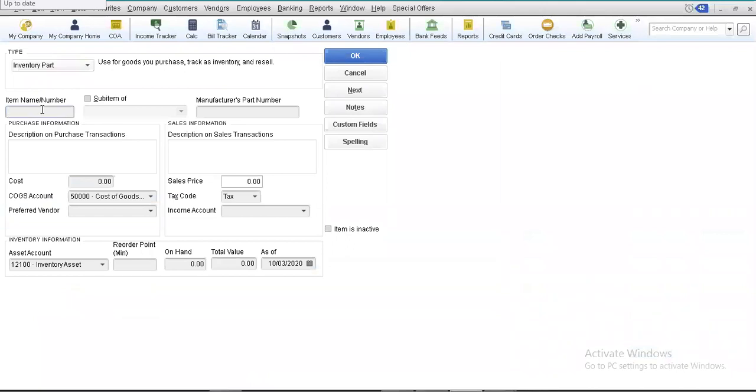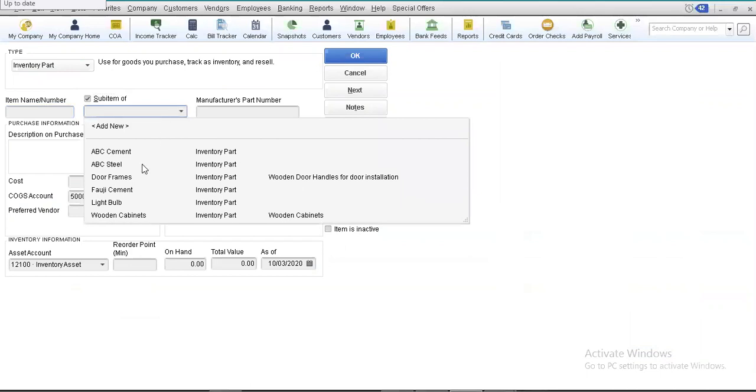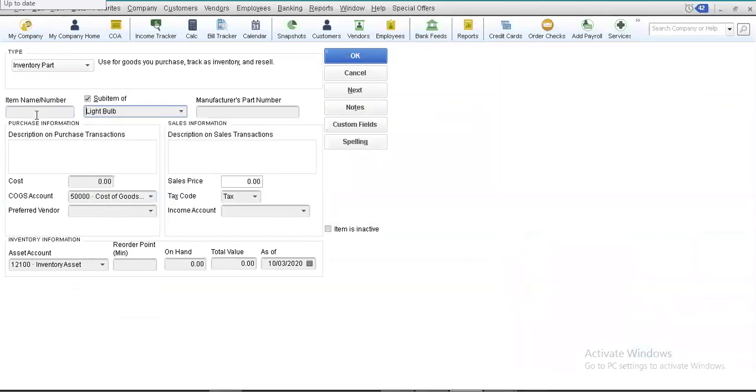Now I am interested in maintaining a new inventory item that is a sub item of the light bulb. You know that light bulbs can be of different types. Let's suppose I'm interested in registering a halogen bulb.